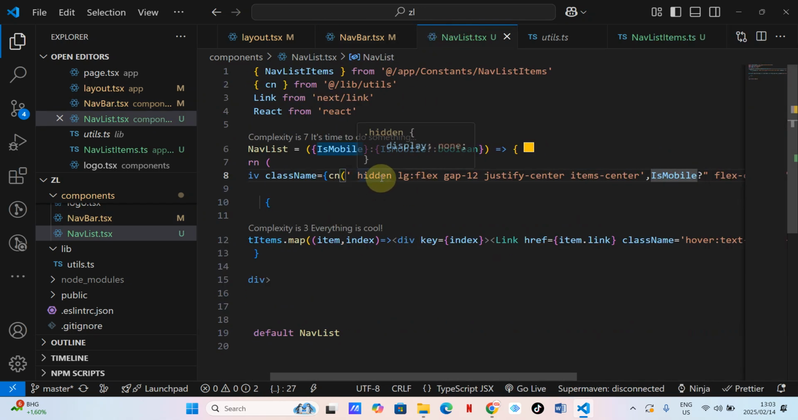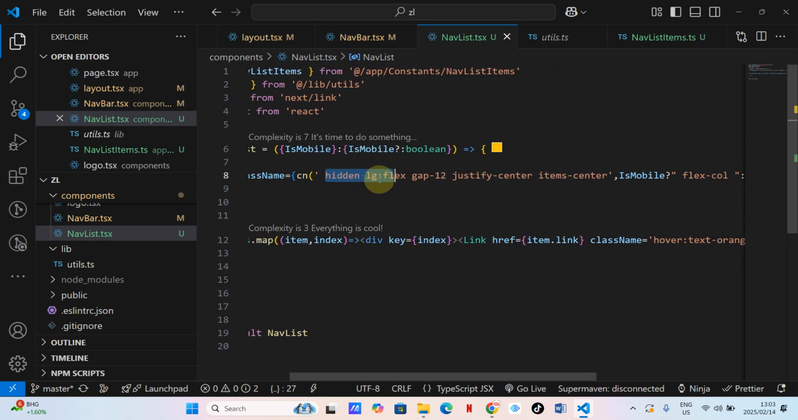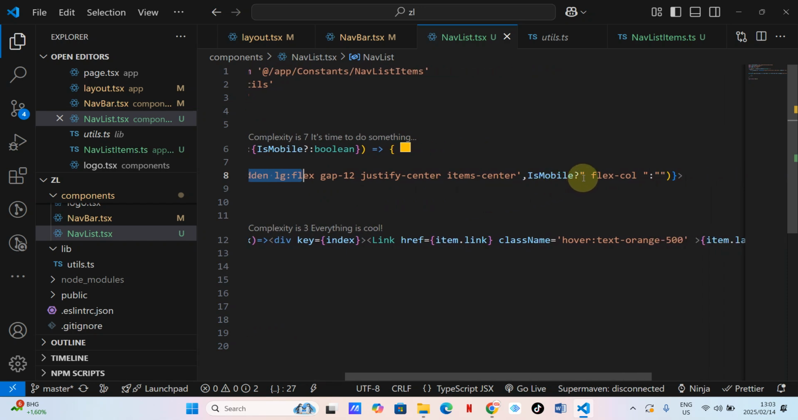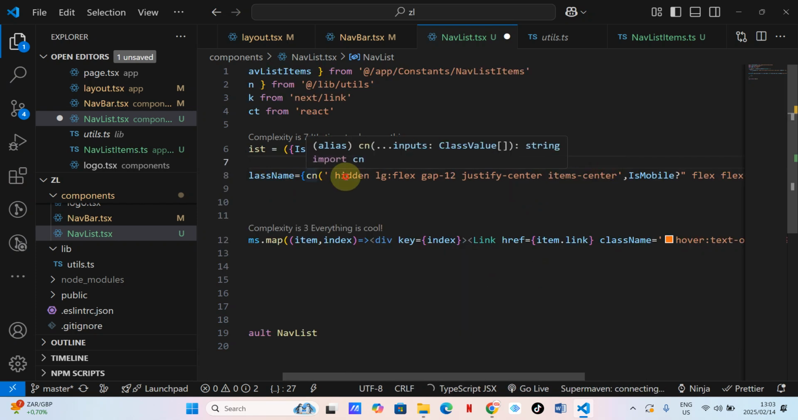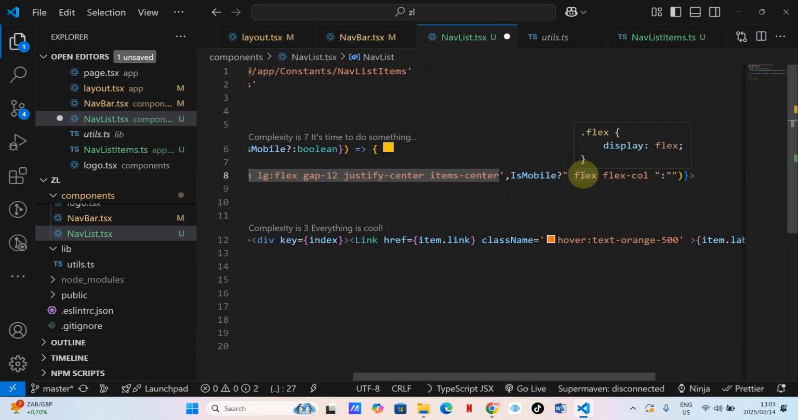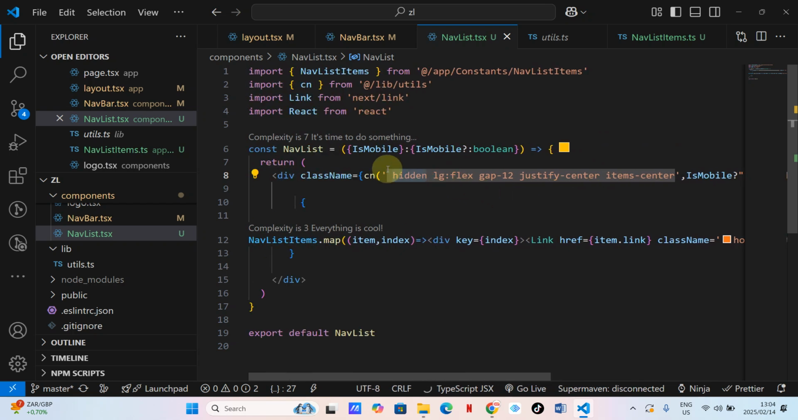This one, if it's not mobile, is going to be hidden by default. But when it's mobile, it needs to be flexed. That means it must be displayed. So this is the opposite of this hidden. So I'm forcing it to be displayed. Okay, so now I am convinced that